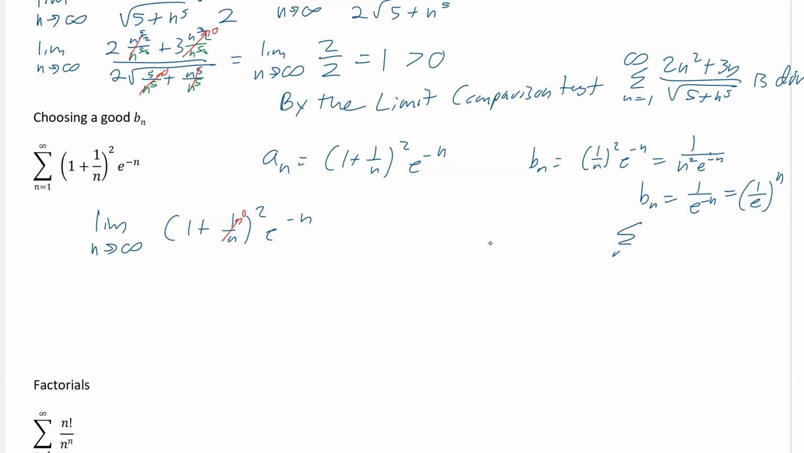And so the sum from n equals 1 to infinity of 1 over e to the n is converging, again, because our r, our 1 over e, is less than 1. So our r here is less than 1. It converges. So now, if I take that b sub n and I plug it in here,